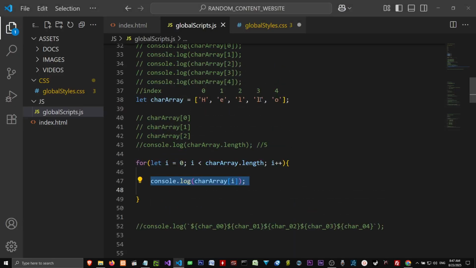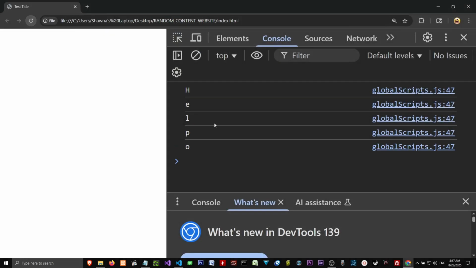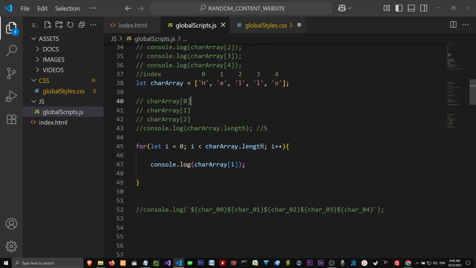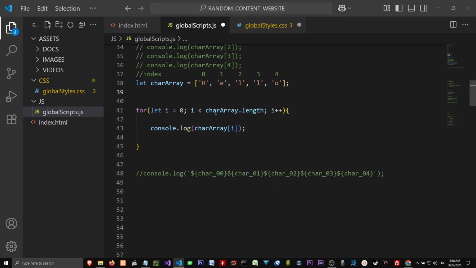Now let me go ahead and just change this to something else. Just change it to P, and just to show you that it's working. H-E-L-P-O. H-E-L-P-O, right? So there you go. So I mentioned before this char dot length. That is, you'll see this used often. You'll see in code that